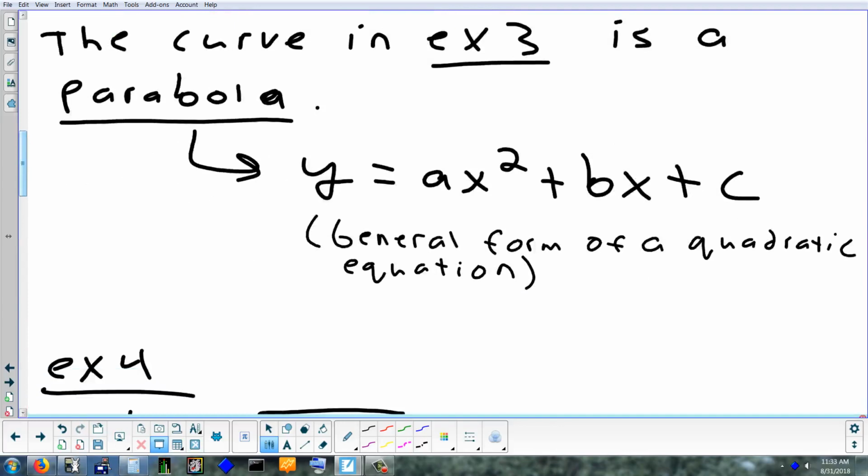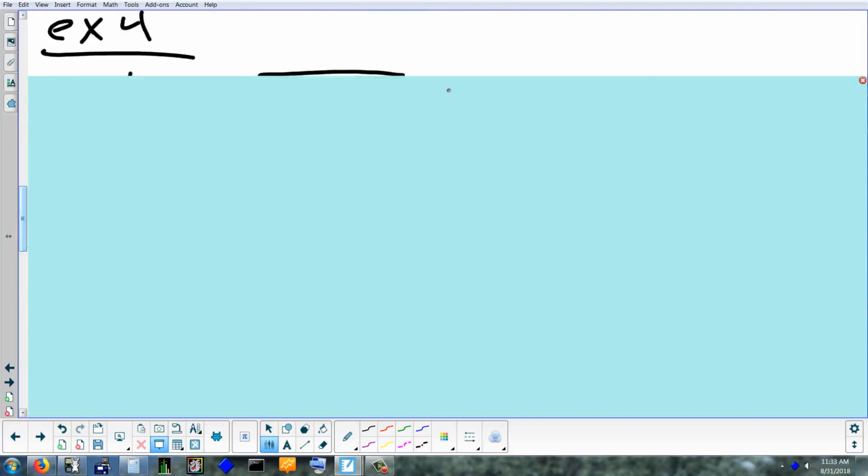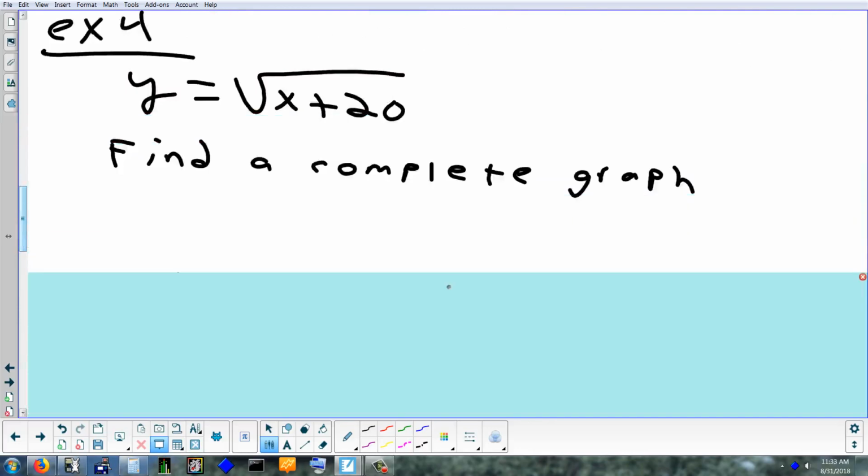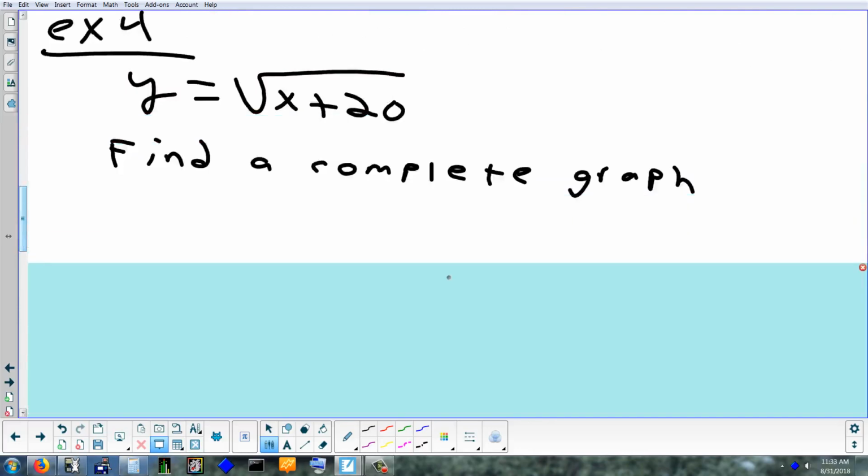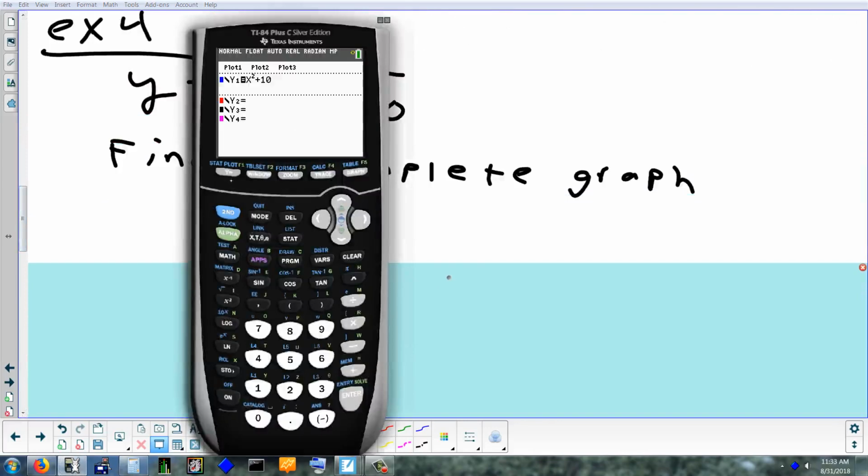Any question on that form? You've probably seen that when you do factoring and stuff like that. Okay. So let's find a complete graph here. The square root of x plus 20. So y equals